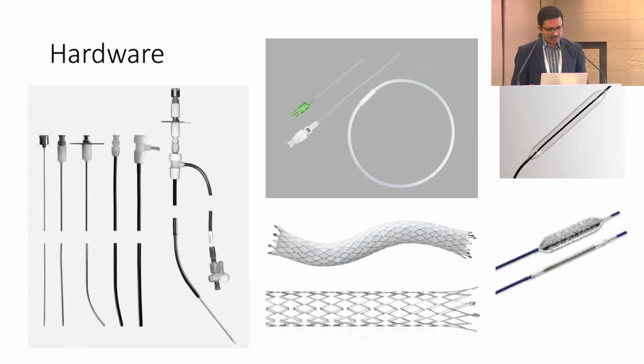Hardware, unfortunately, we don't have any dedicated hardware for children, so we have to use the same hardware which is available for adults. Typically, we use the same transjugular liver set, the ROOP set, and the stents whenever possible. Even the balloon catheters and the balloon-mounted stents are the ones which are available for adults, and nothing specific for children.